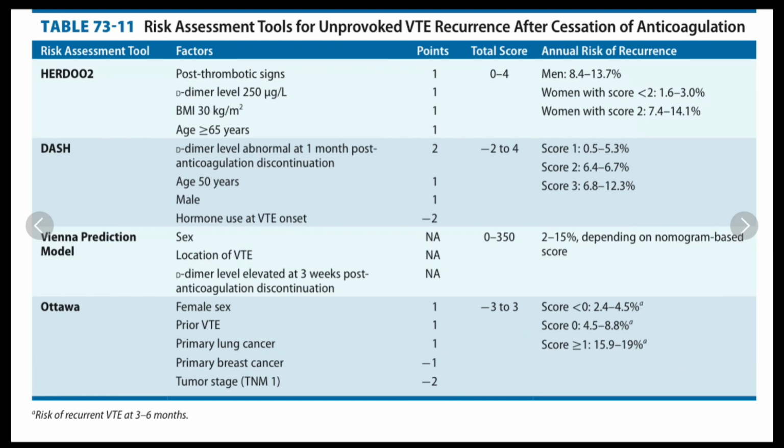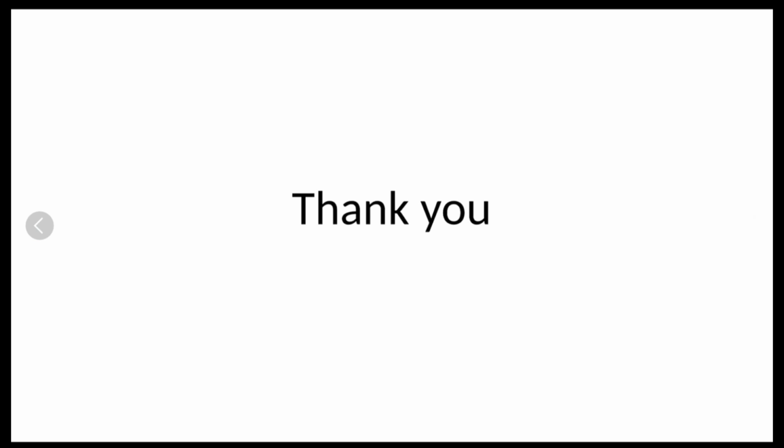There are multiple risk assessment tools we can check. There is the HERDOO2 and DASH risk assessment tools. Then the Vienna prediction model and the Ottawa prediction model are there. All these models are for risk assessment. So this was all about the